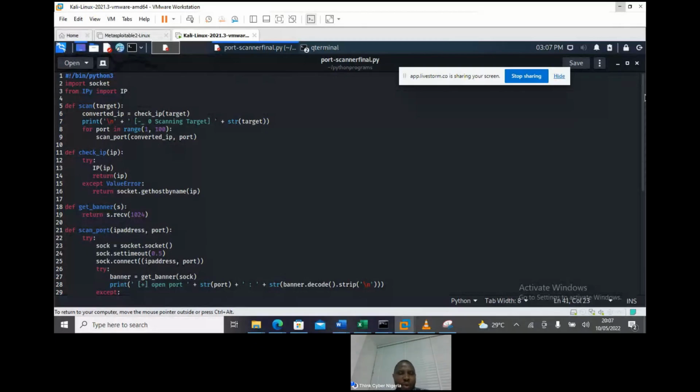the website address. Now, we define a function called check IP. In check IP, we try the IP address. It returns the IP address. Now, if there is a value error, which means it is a website, it returns socket.gethostbyname, which returns the IP.